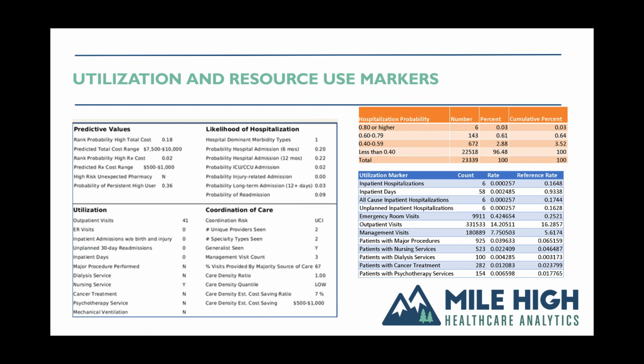On the right-hand side of the screen, I just pulled up from the software. On the top, the orange chart shows probability of hospital admission, and it shows that 3.52% of this entire population has at least a 40% chance of being hospitalized within 6 months. On the bottom, we have various utilization markers, which show you a rate. Usually, most of them are a rate per thousand, and then there's a reference rate derived from the ACG system's